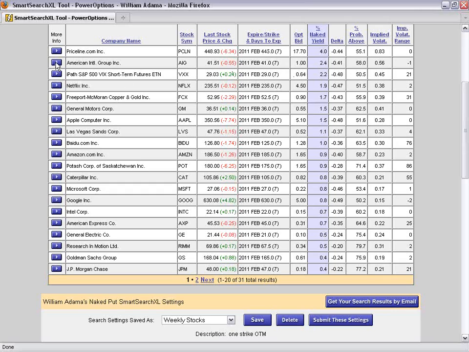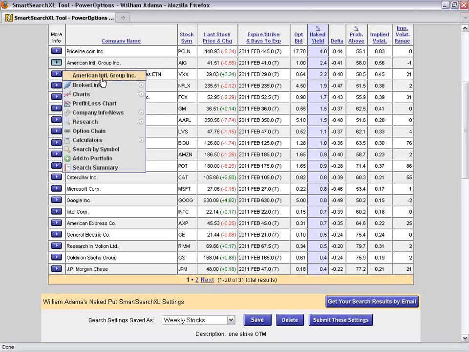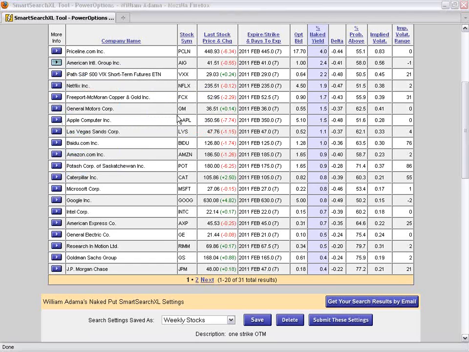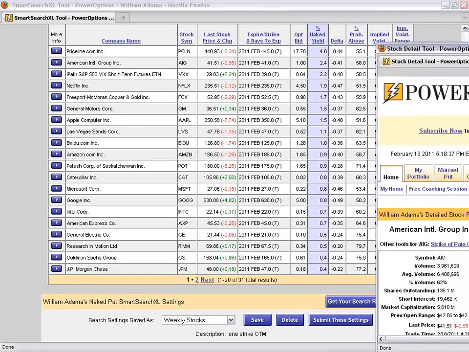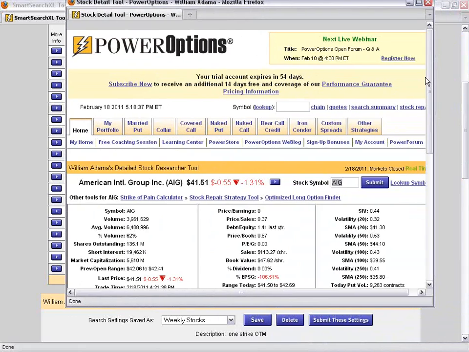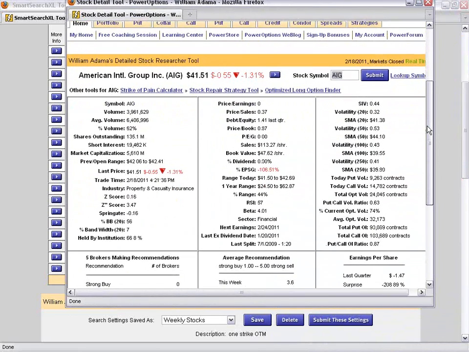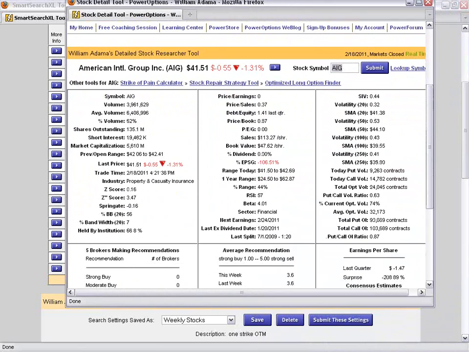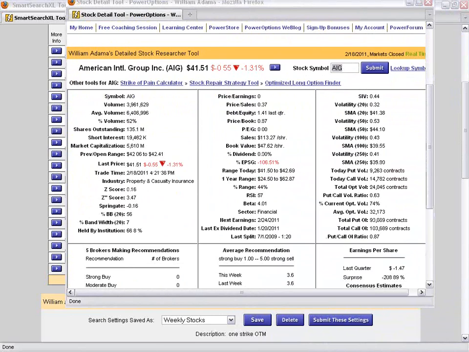Before I would do this position, the first thing I would check, that looks like an expensive premium for 7 days. So I'm going to go into the More Information menu, and I'm going to go into the Research menu and Stock Research. The reason why I'm doing this is I wanted to see, yep, that's why. The next earnings coming up for AIG are on 2/24. So selling an at-the-money naked put with earnings coming up Thursday of next week might be considered a risky position.